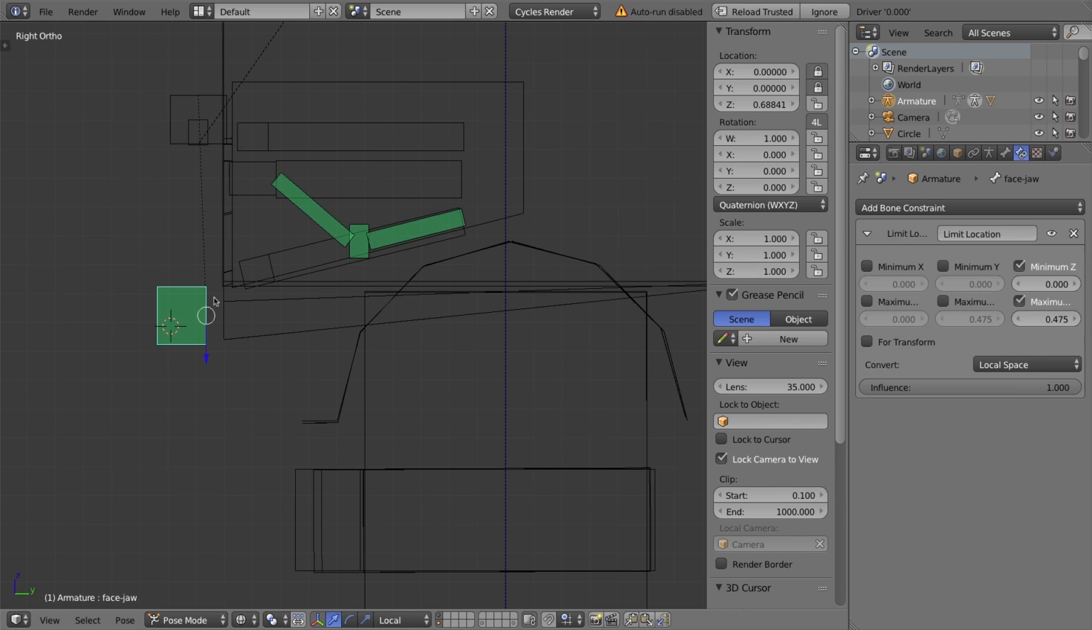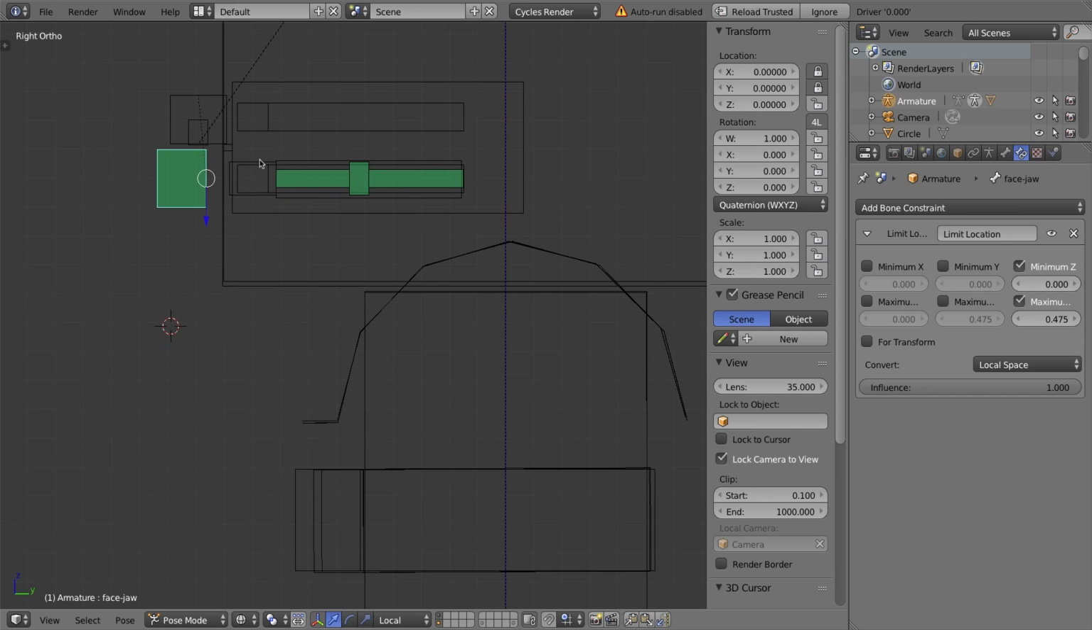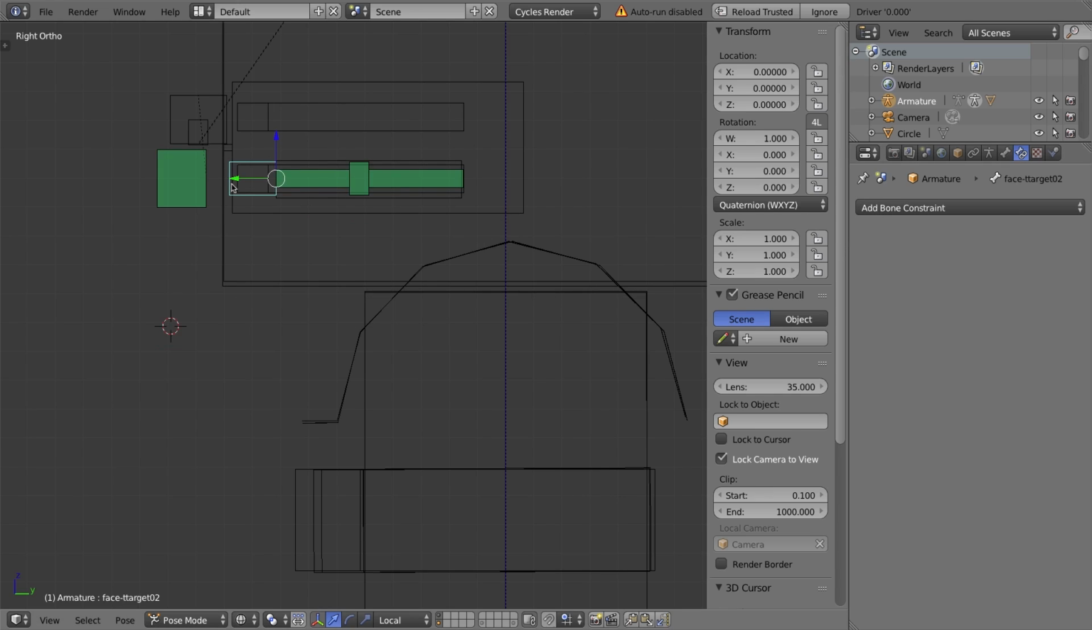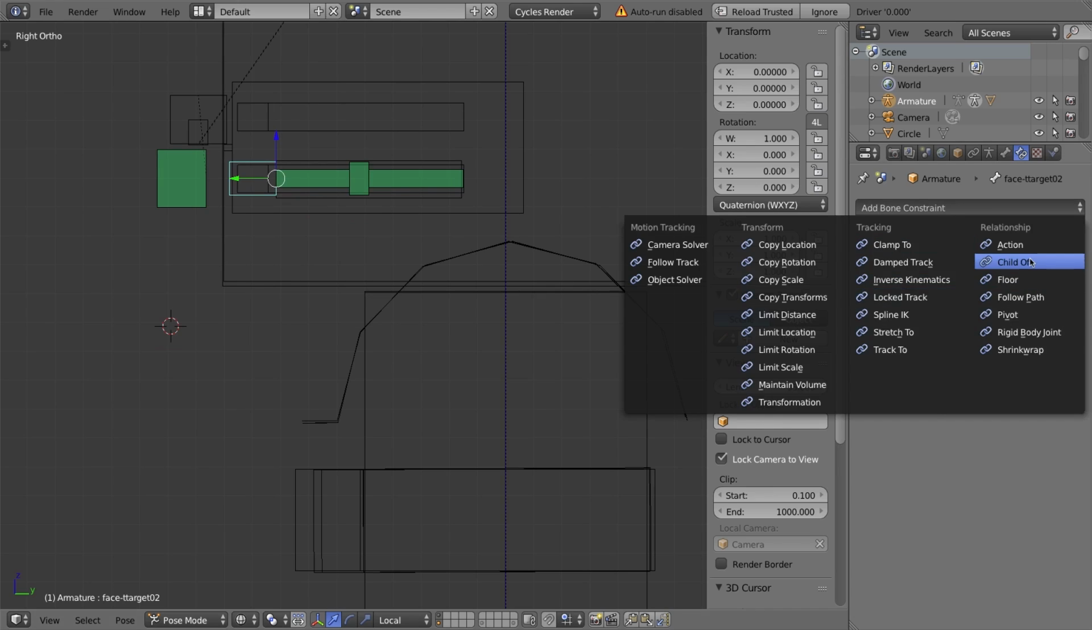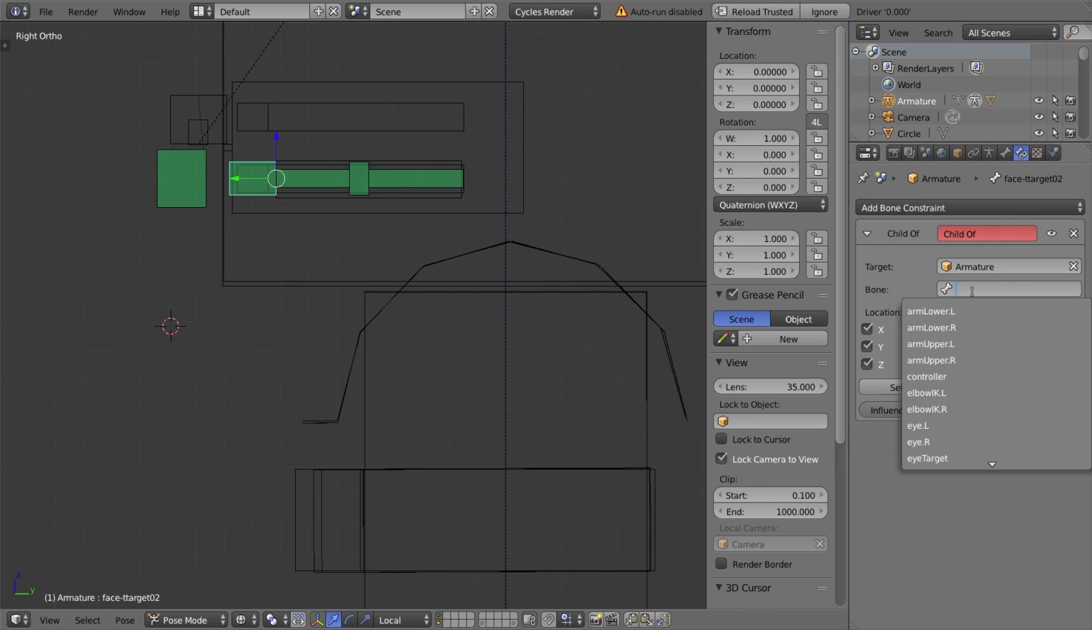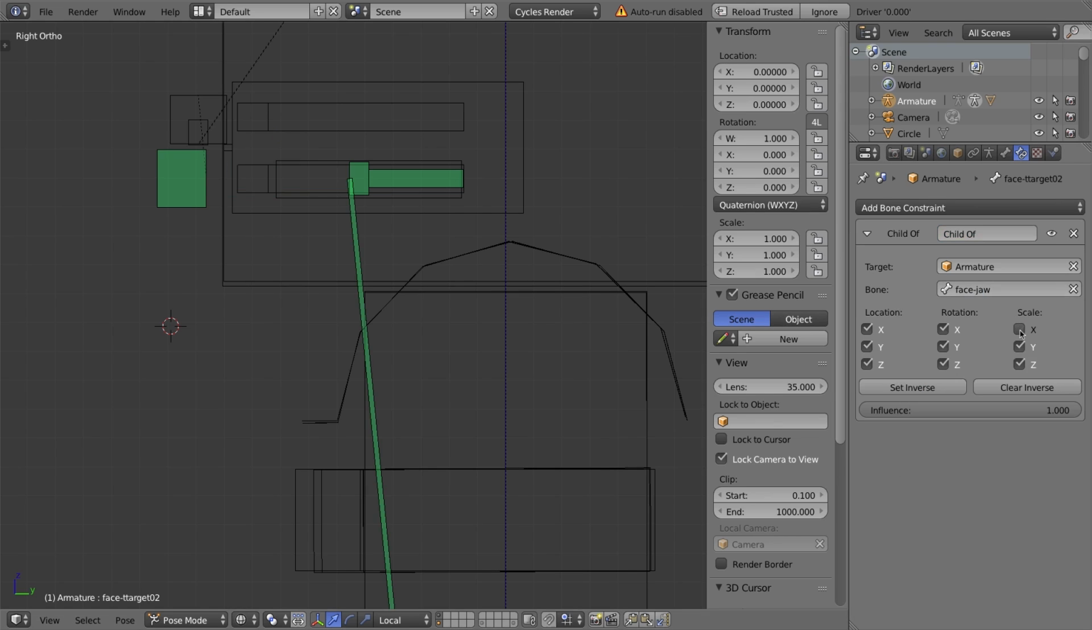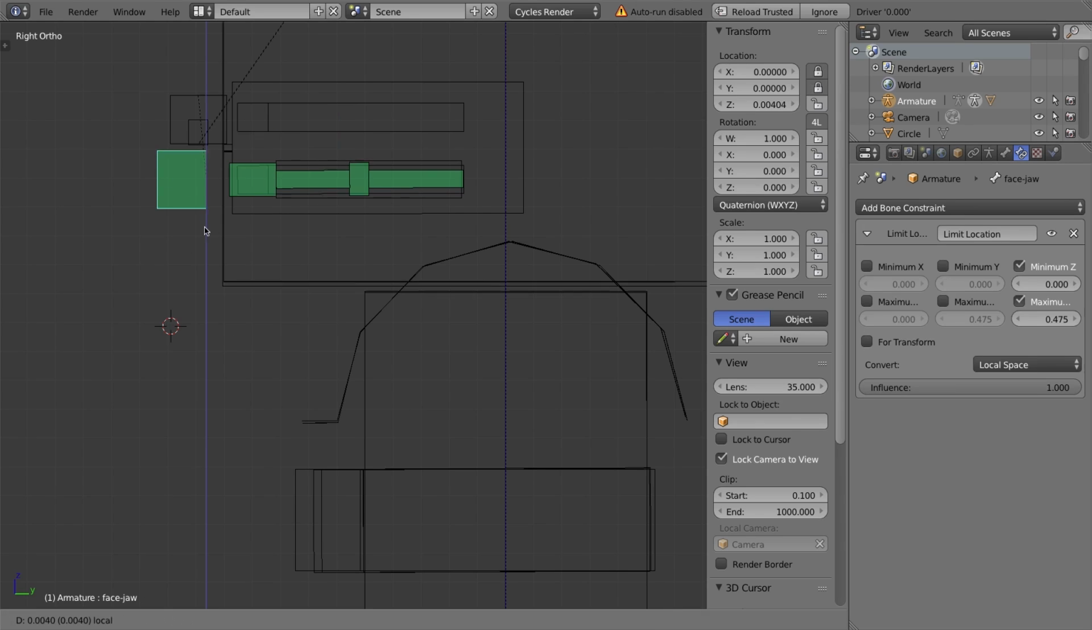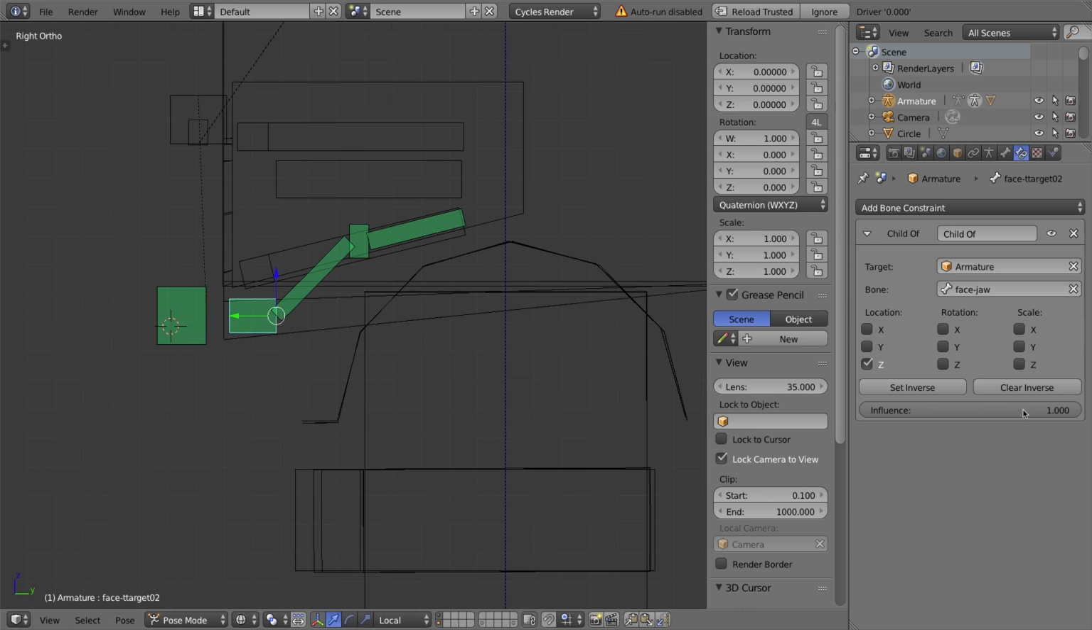So before I do anything to this one, I'm going to clear out the location of the jaw. Alt G, select the target bone for the tongue, and add bone constraint, child of, and I'm going to select armature and face-jaw, and we need to clear out scale and X and Y and Z and X and Y location, and it does not have a stretch to on it, so that's great. What I'll do is press clear inverse and then set inverse, and it should be all good. Let's move the jaw all the way down to the bottom, and then I'll select this bone and adjust the